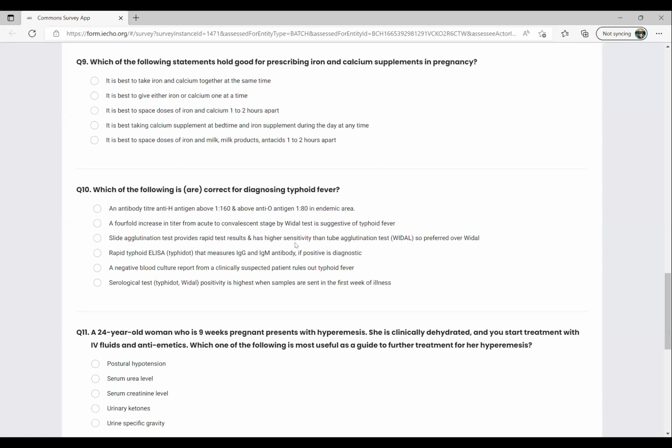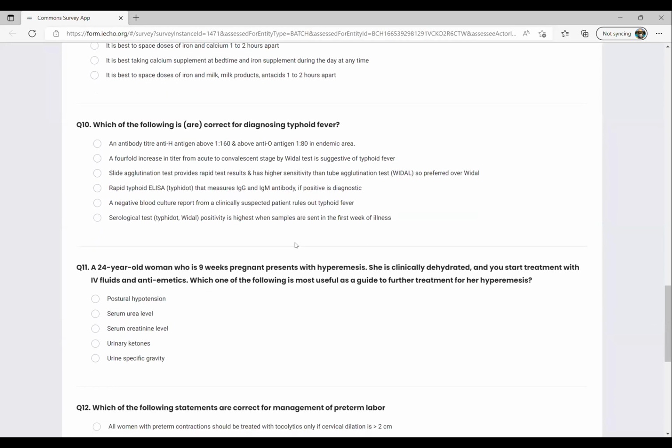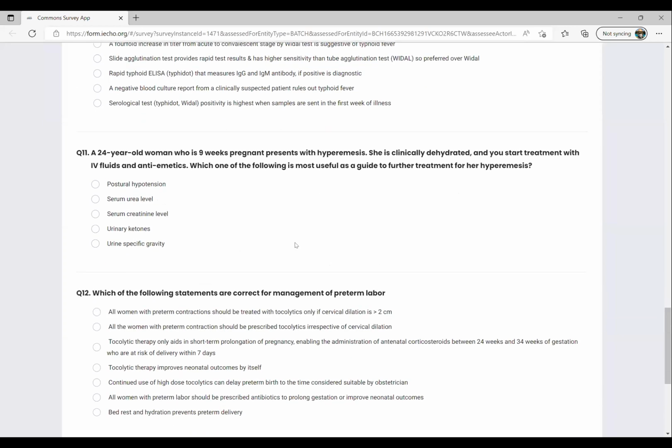And one more important thing is that all these tests for typhoid fever will come positive in the second week. If you do these tests too early, within 1 week after the onset of fever, the reliability of these tests is very low. So usually, the chances of positivity in laboratory or serological diagnosis are more if done in the second week of fever.